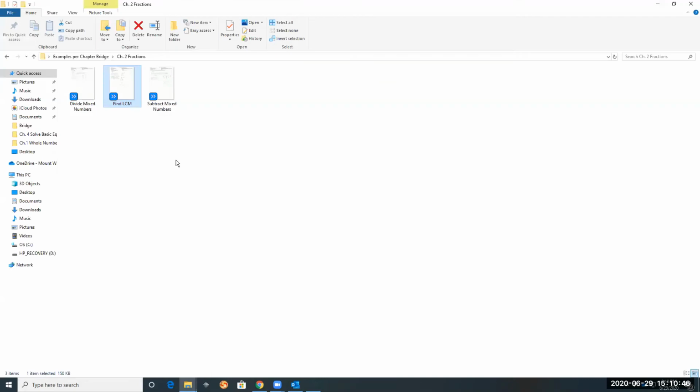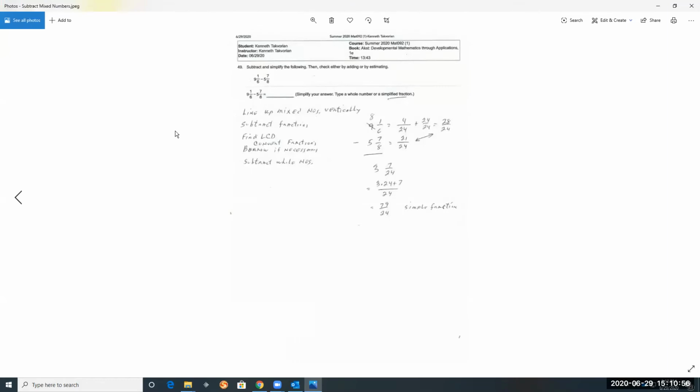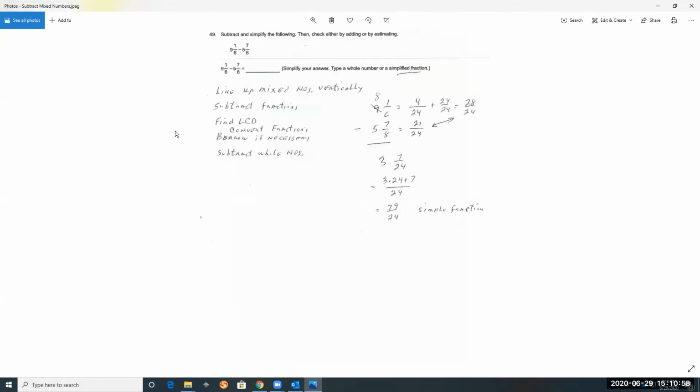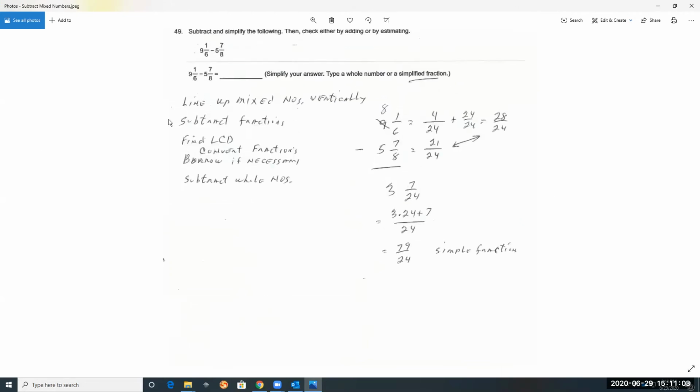Let's try to find another example. How about subtracting mixed numbers? There are a couple of ways to do this problem, but I prefer my way of doing it. It's a little easier in that it works with smaller digits if you do it my way. So I line up the mixed numbers in a vertical format, 9 and 1/6, underneath it 5 and 7/8, and